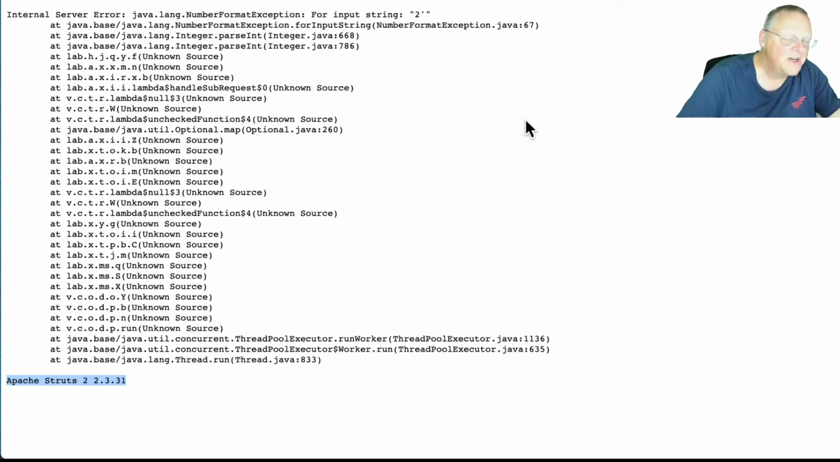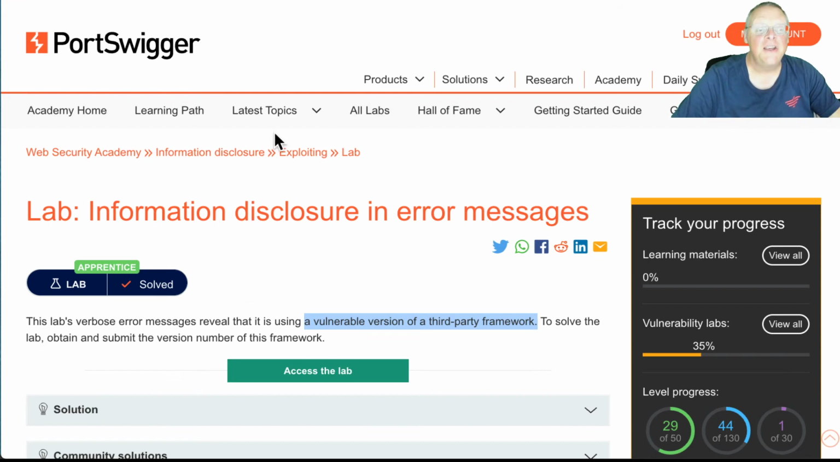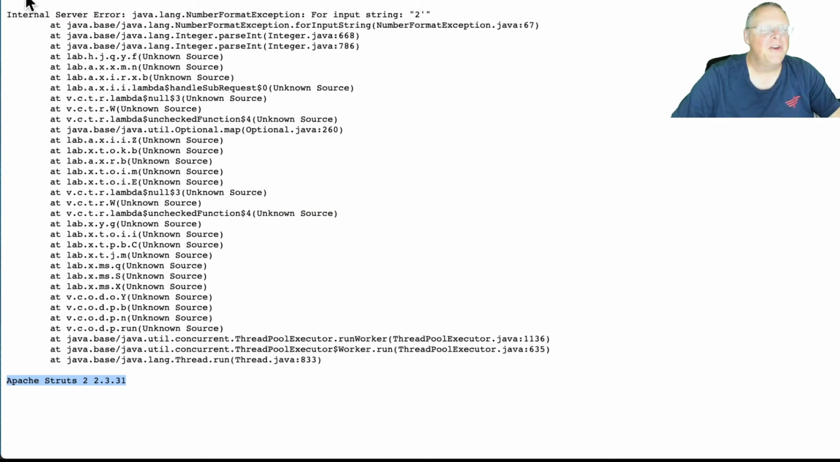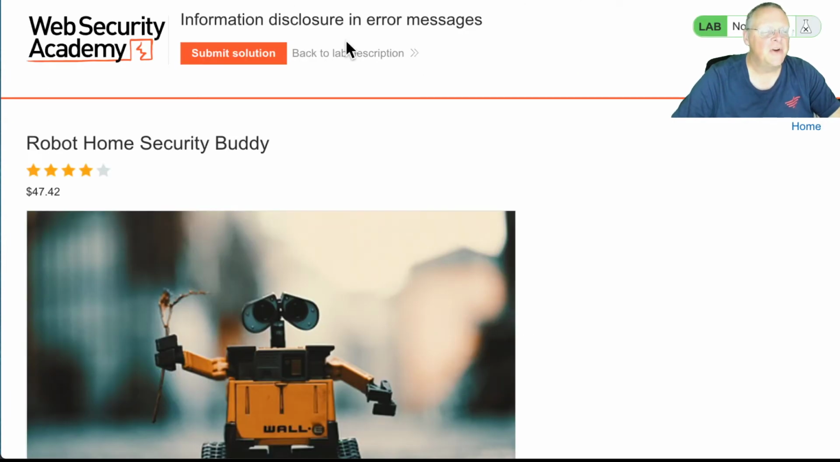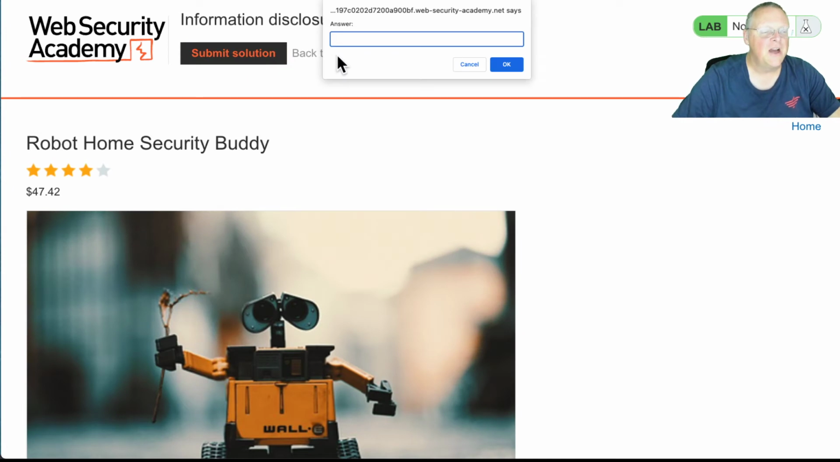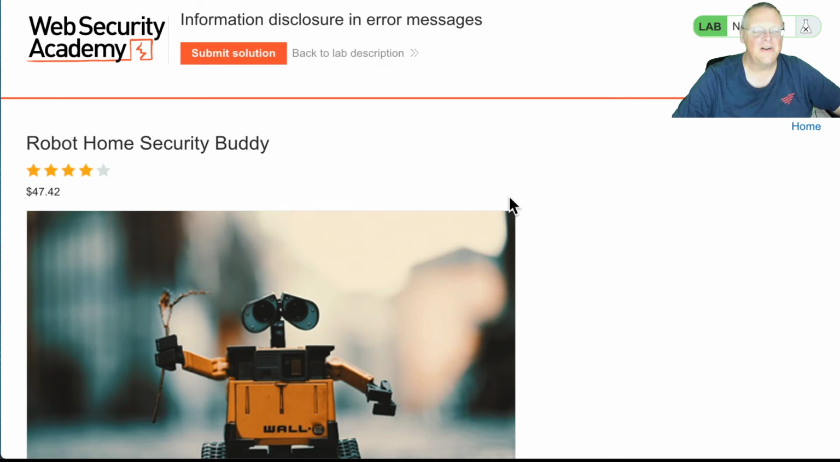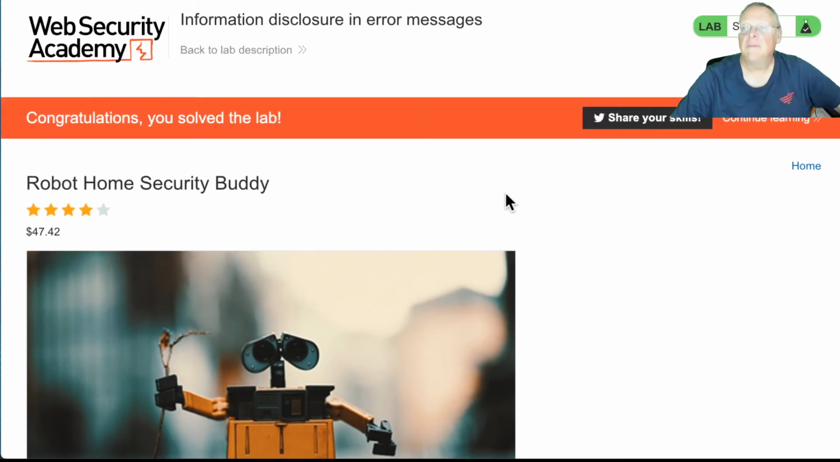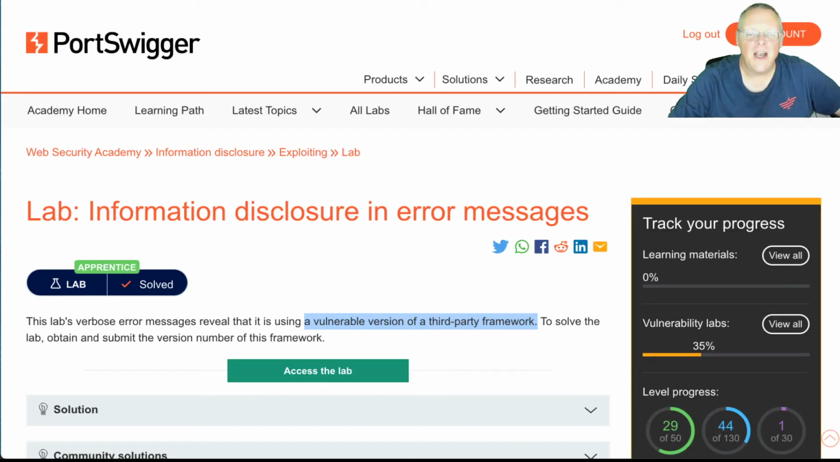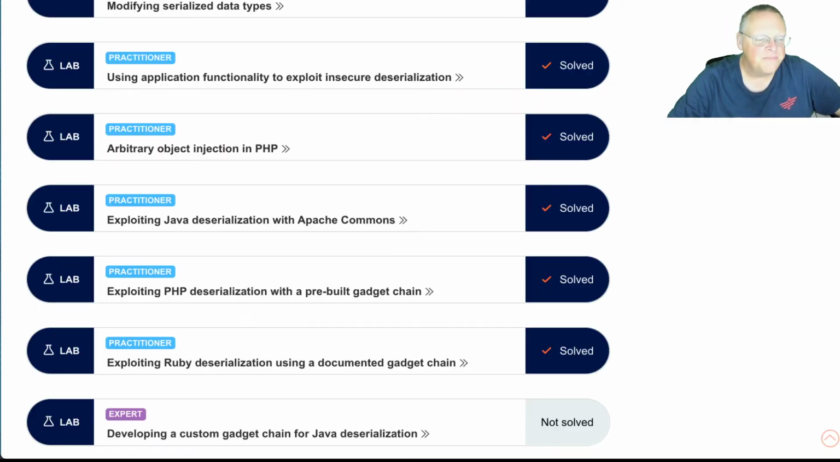So that one is very easy. If you go back here, you can put in the solution up here, Apache Struts, that version, and then you win. So that's easy, and the information disclosure labs are all like that. So the next one,